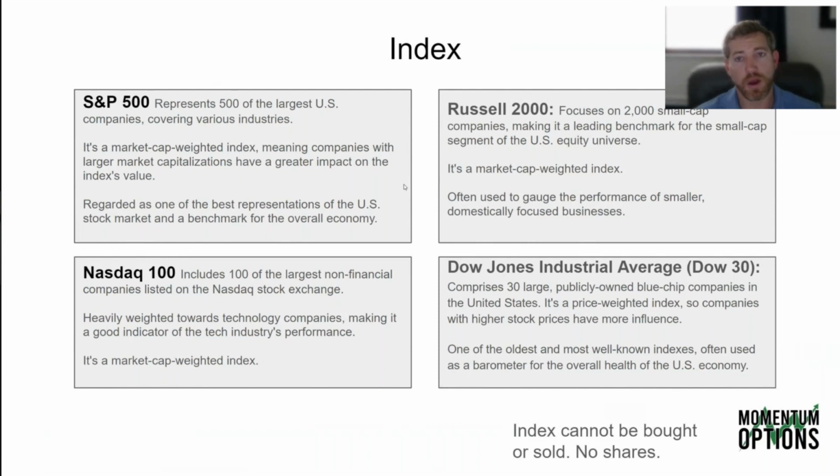So one day you might find that financials are doing really well. Well, you probably wouldn't expect the NASDAQ to be performing because these are non-financial companies. But on another day, you might find that stocks like Apple and Microsoft and Amazon and Nvidia are all doing really well. This is probably going to be a day where you'll find that the NASDAQ is outperforming the S&P.